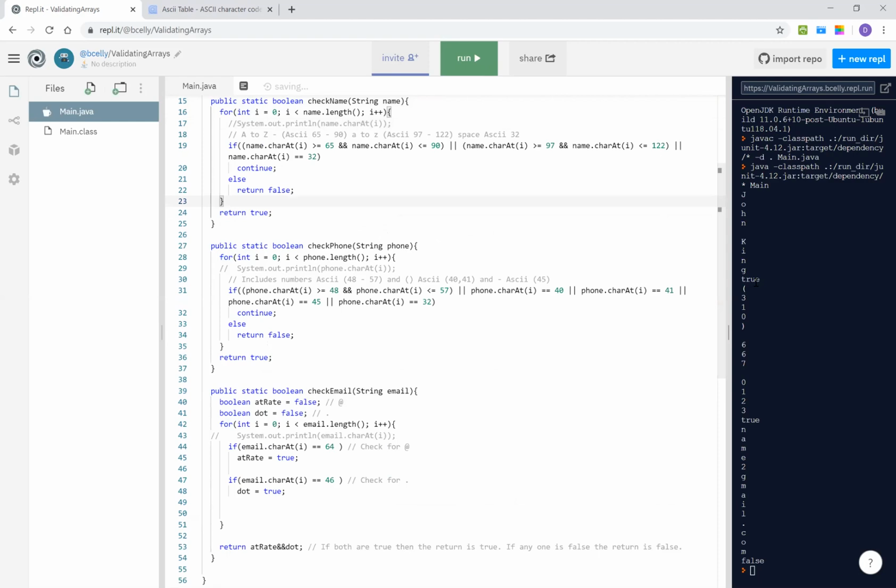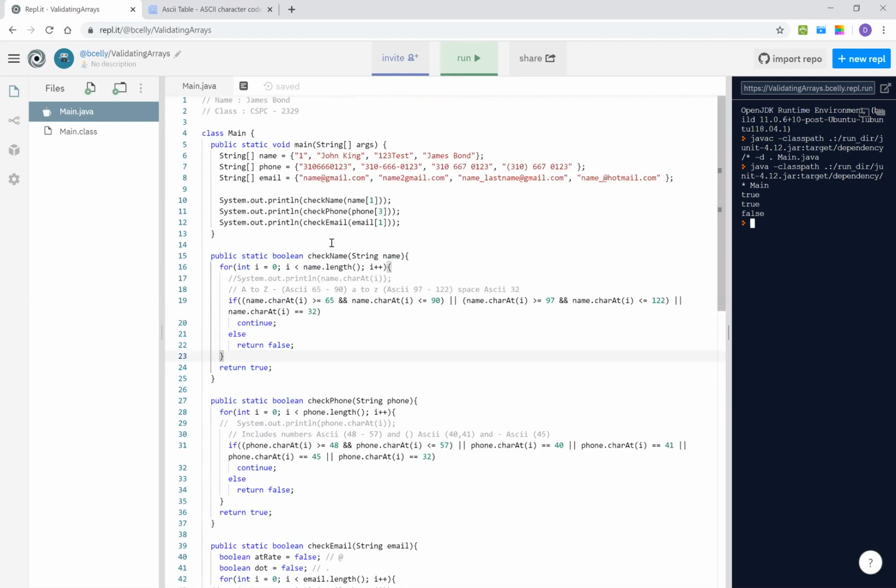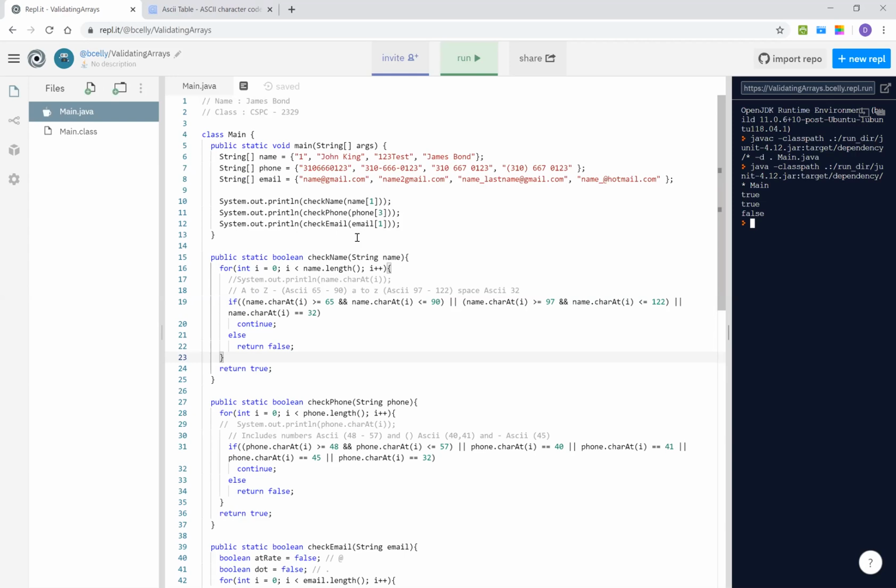Now this will check. I just need to make sure. There you go. It gives you true for email, and false for the other, and that's how it is. Any questions? So let's take